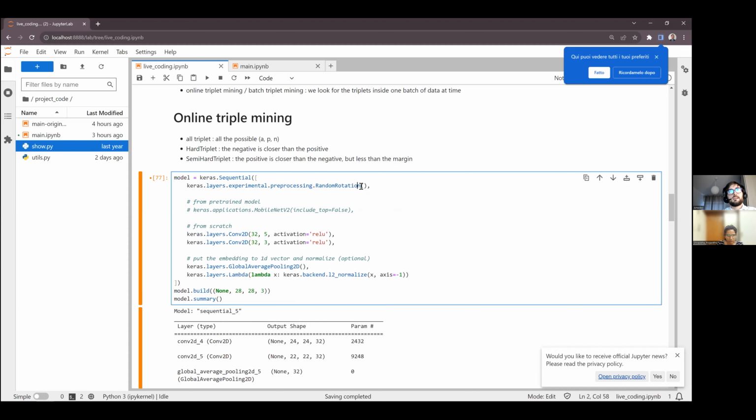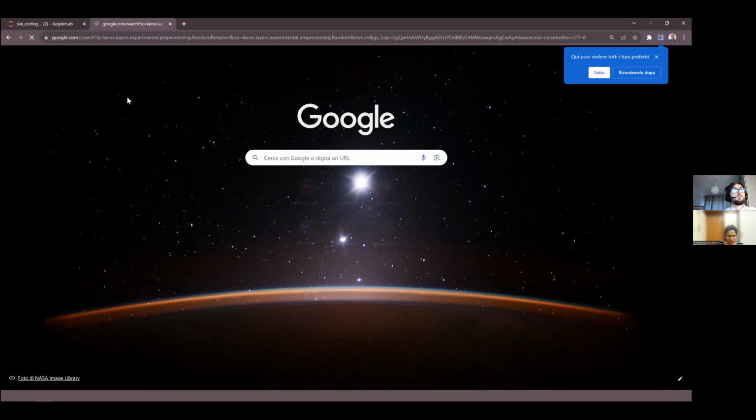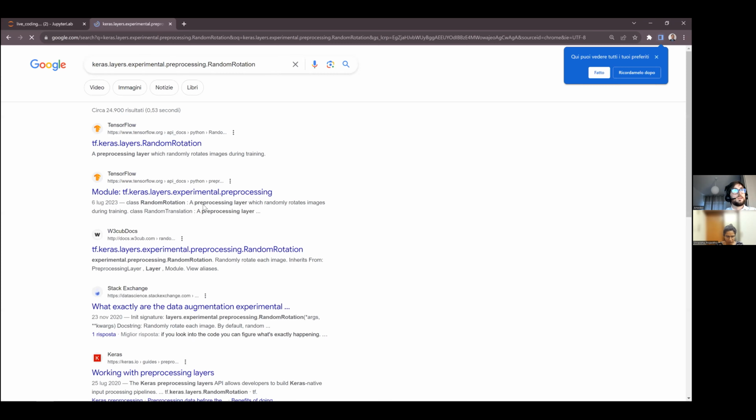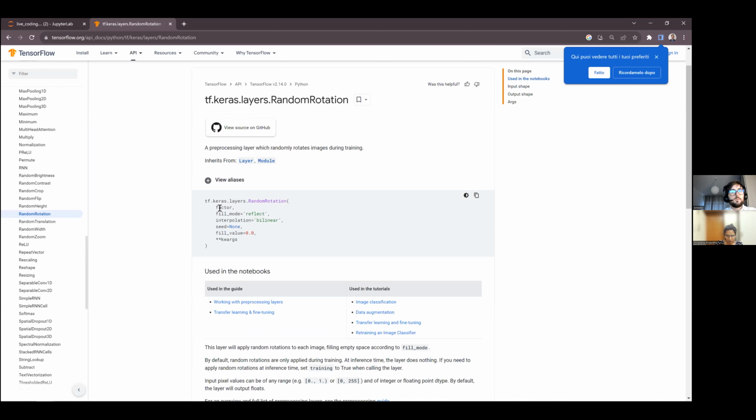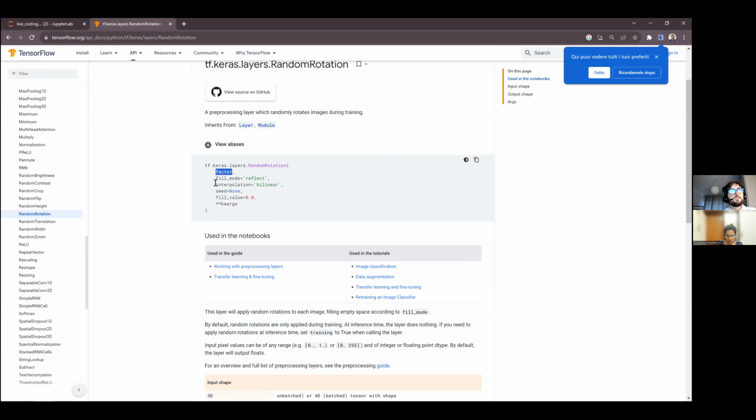Let's see if we can find the documentation to see if we need to define some parameters of this transformation. You can see that in the latest version of TensorFlow, this is no longer in experimental preprocessing, but just inside layers. But since I'm using an older version, I need to go inside experimental. And the factor of the rotation.